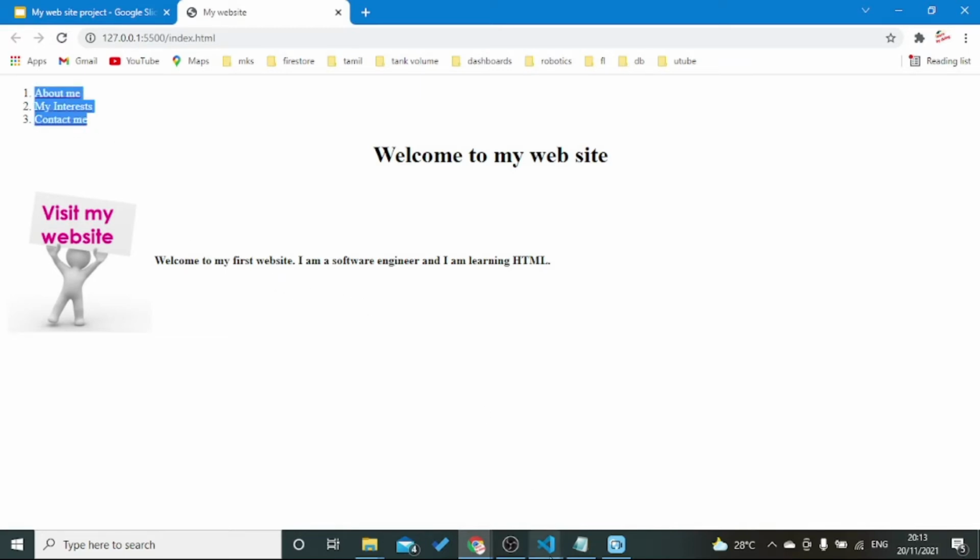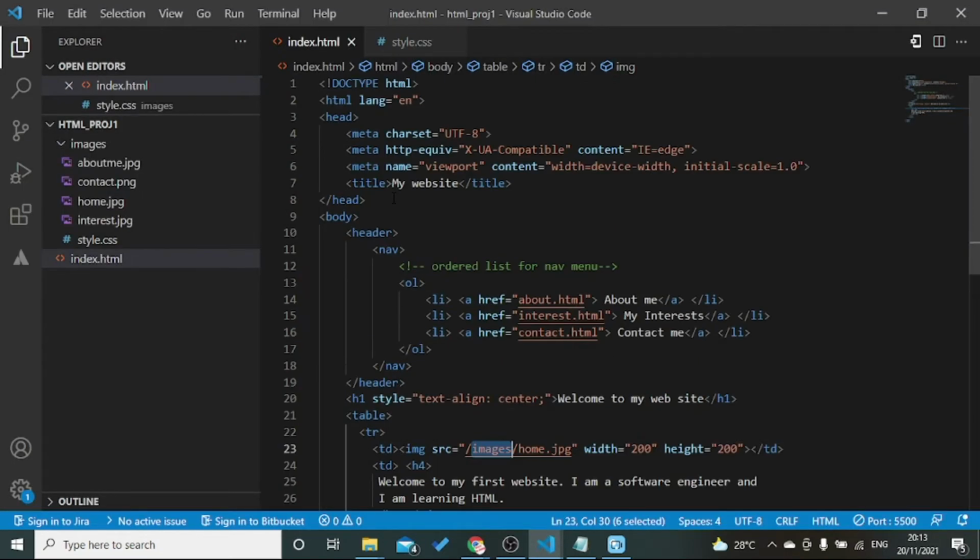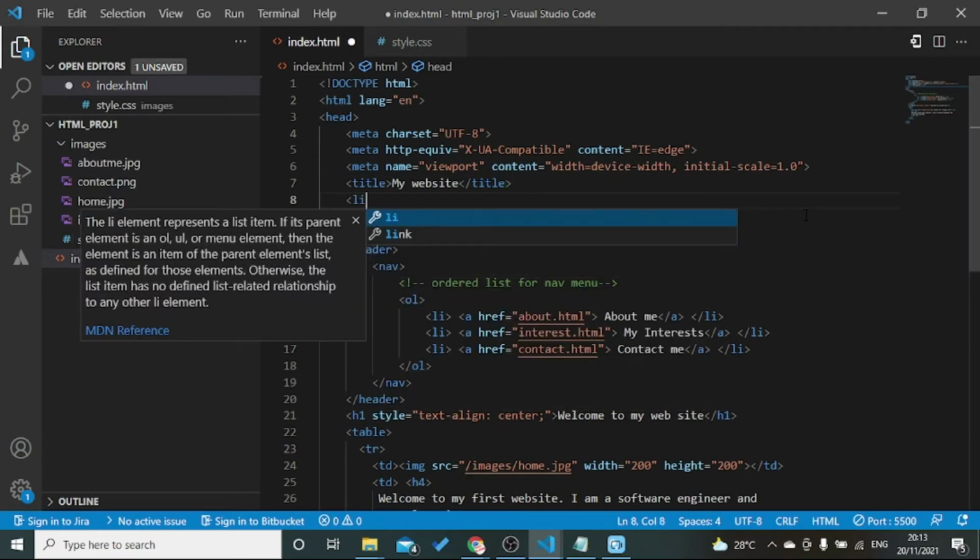Why is it not applied? Because we have to use it here in the index. We have to mention it using a link.